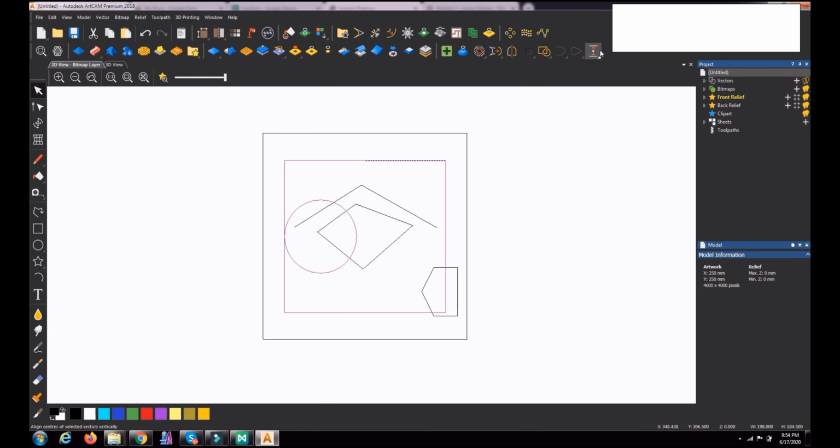Okay, and the last one is center to the rectangle. So this circle is now centered to the rectangle.